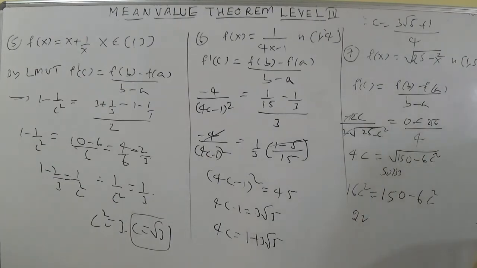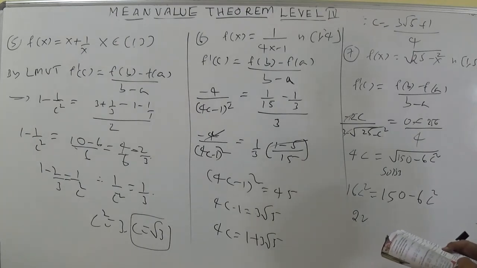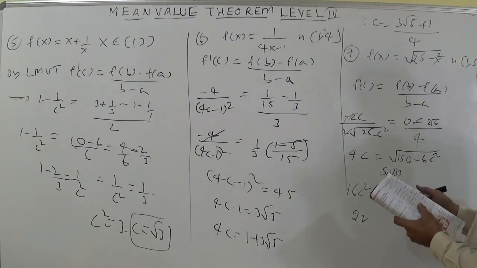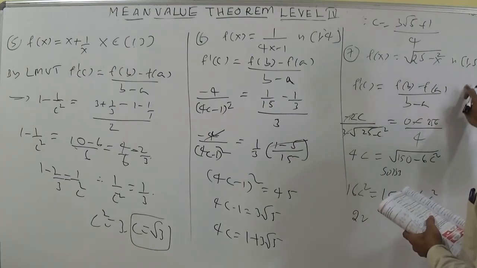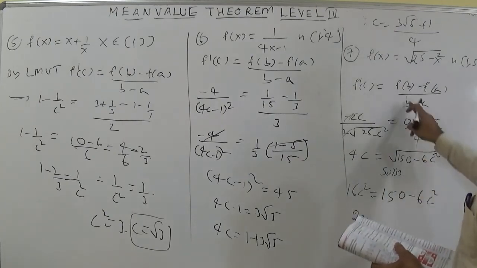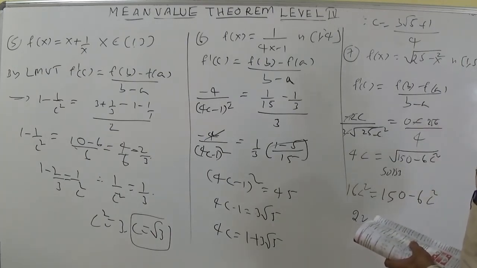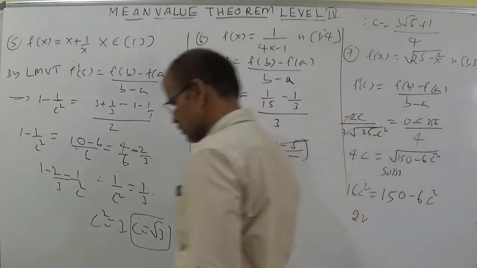Let us see the option. Option is in proper way. 22c square is equal to 150. Maybe wrong. 4c here 16c square. 20 root of 25 minus x square, function in 1 comma 5 is given, it's okay. 5 minus 1 it's okay. 5 minus 4 it's okay. Minus 2x by 2 root 25 minus x square, it is okay. Minus 2 got cancelled. This is 2 root 6. 2 root 6 somewhere. Not full.